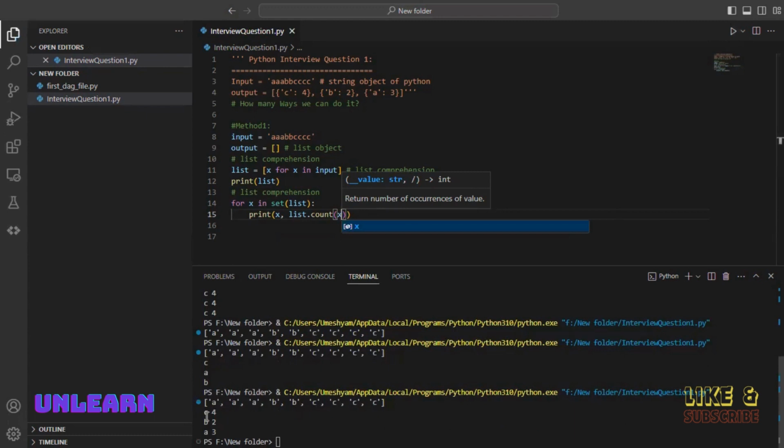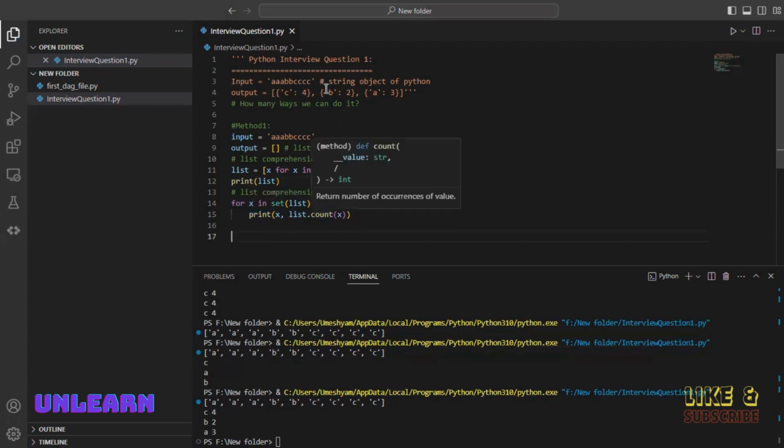See, the output is C four times, B two times and A three times. We are nearest to the answer. So we are going to convert these two lines into a list comprehension once again in order to make this list of dictionaries. I am moving this for loop